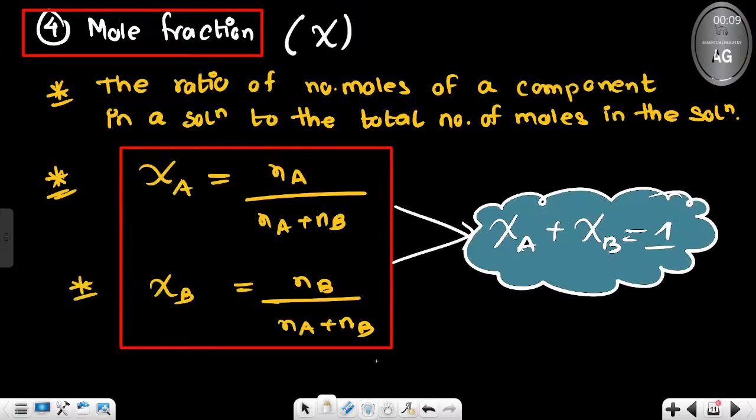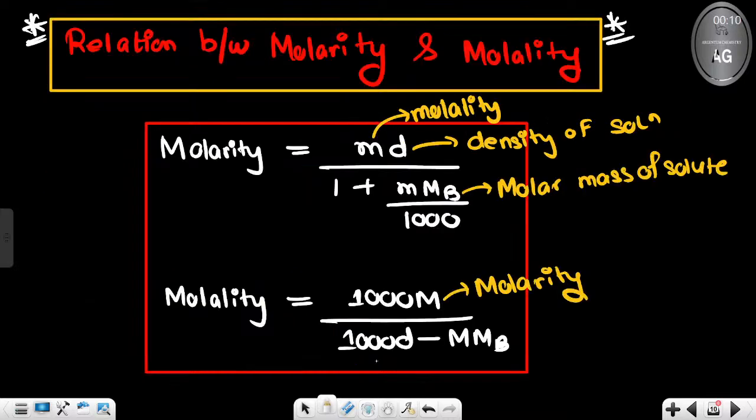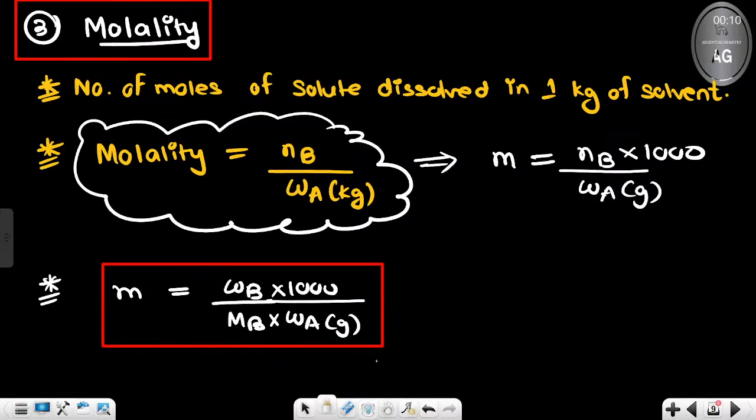ফ্র্যাকশনে লেখা আছে Na বাই Na প্লাস NB, ঠিক আছে। এবারে Na কে তো আমি লিখতে পারি WB বাই MB, রাইট? এন কে লিখতে পারি ডাব্লিউ বাই এন। তাহলে এই হিসাব মতন একটুখানি সাবস্টিটিউশন যদি করি আমি এই ফর্মুলাটায়, তাহলে আই উইল গেট দ্য মোল ফ্র্যাকশন ইন টার্মস অফ মোলারিটি।